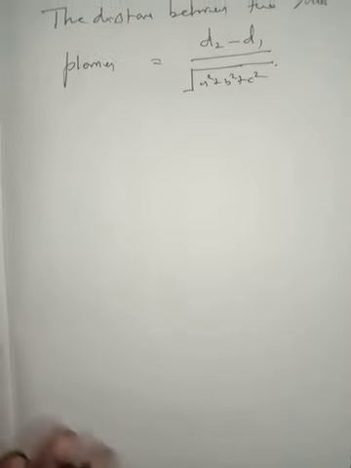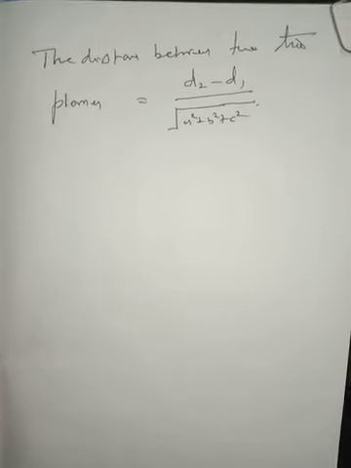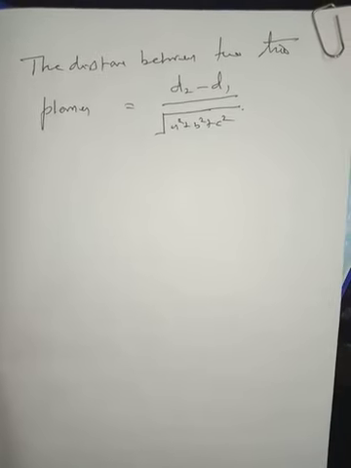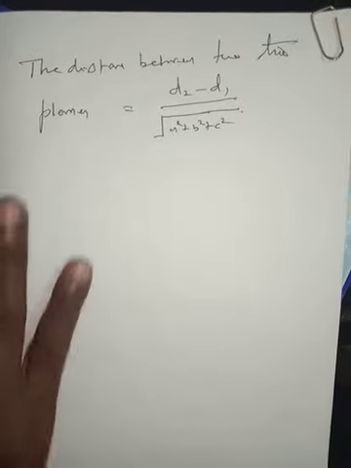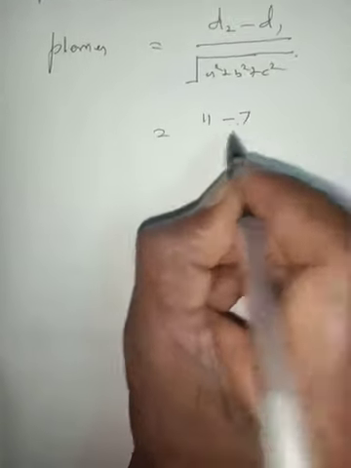In this case, for the first plane, d is 7, and here d is 11, therefore d2 minus d1 is 11 minus 7 divided by